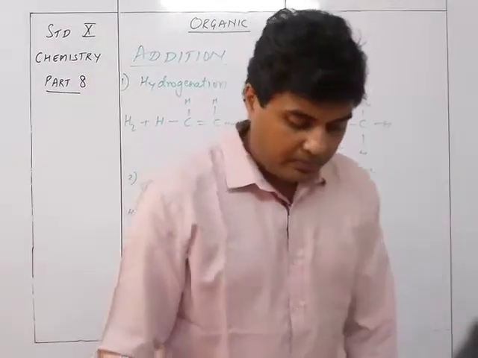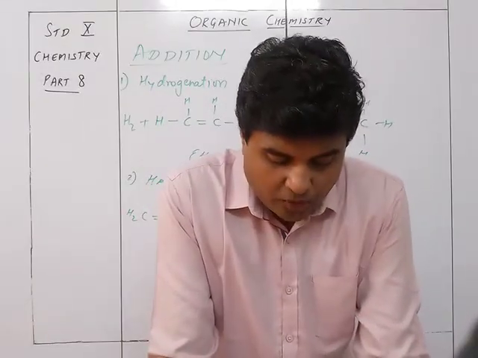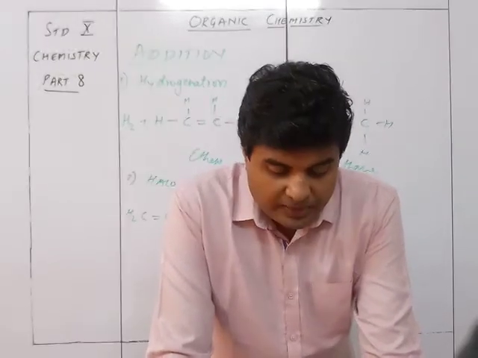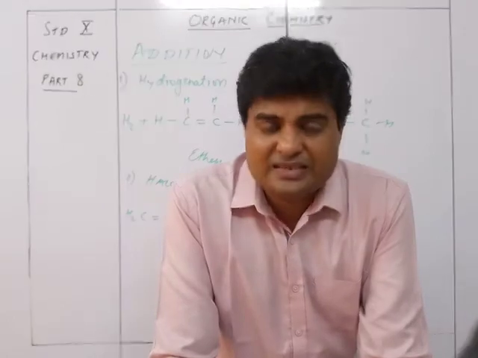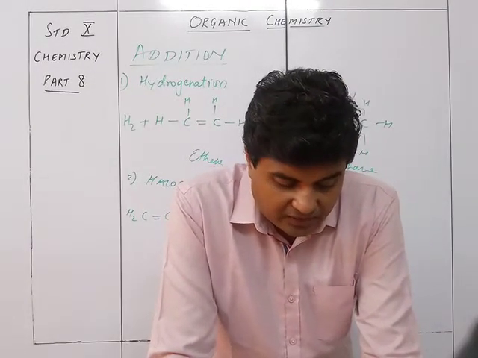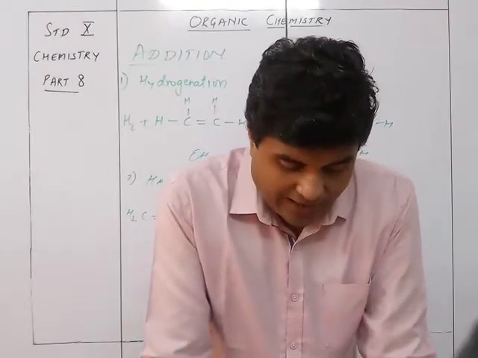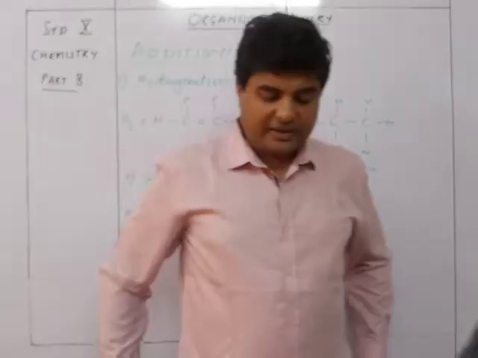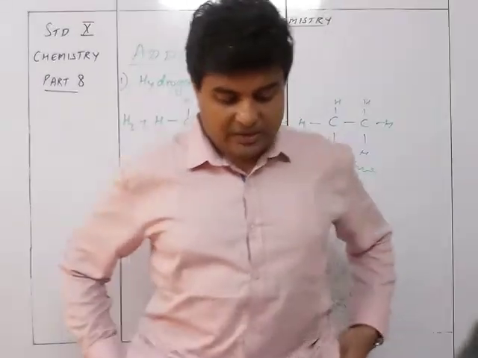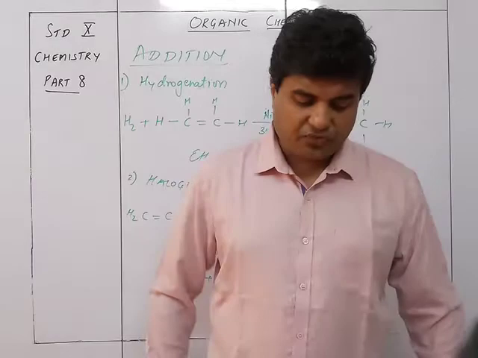So the condition: the halogen, chlorine gas or bromine, 1 mole, is passed into a solution of ethene, 1 mole, in an inert solvent CCl4 at room temperature. Iodine reaction is very difficult, but it does happen. So the end product is 1,2-dichloroethane or 1,2-dibromoethane or 1,2-diiodoethane. Chemical test: the brown color of bromine discharged serves as a test for unsaturation.